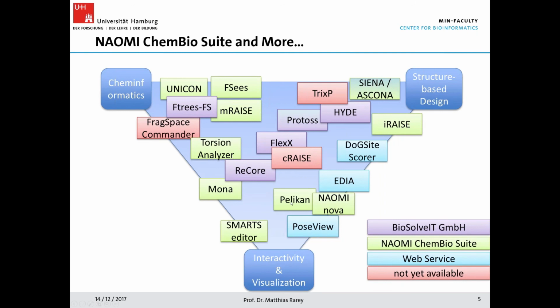Here's just a list of names, and I will not go through every one of them. Some of them are well known. FlexX is basically where everything started here. And what is important for me is that we are not doing just academic software for fun. I think a project for us is only successful if we find some people out there who are really using this program in their